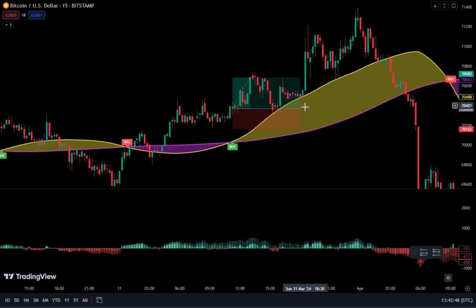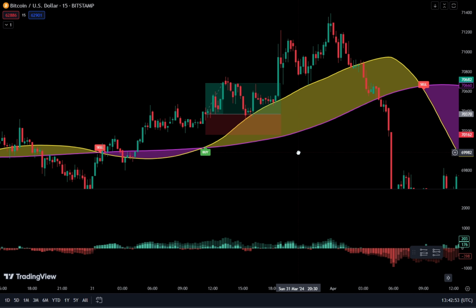Place the stop loss below the previous swing low and set the profit target at a 1.5 risk to reward